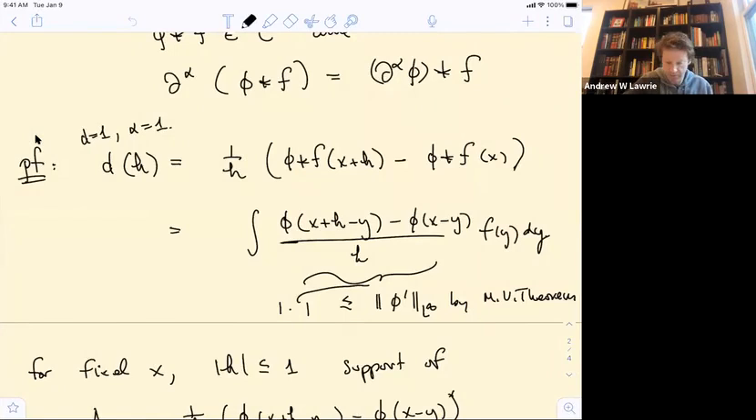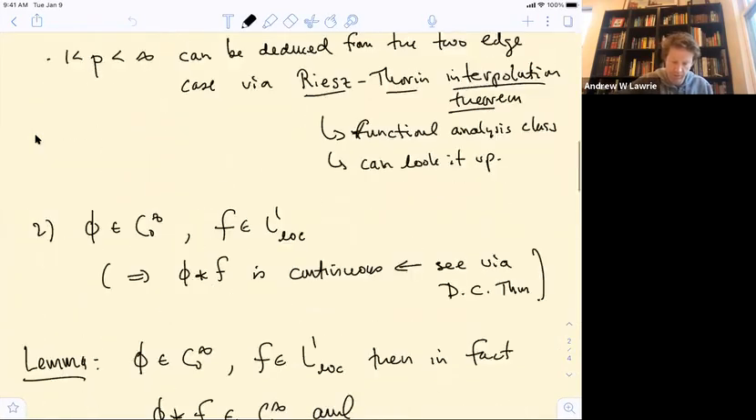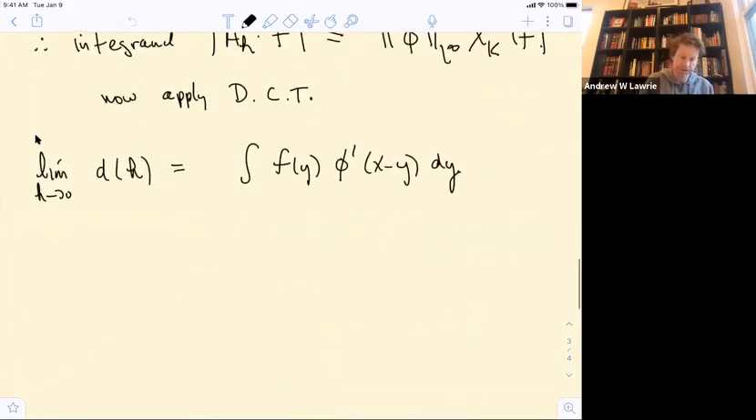One second. Okay, notability is back. Okay, and